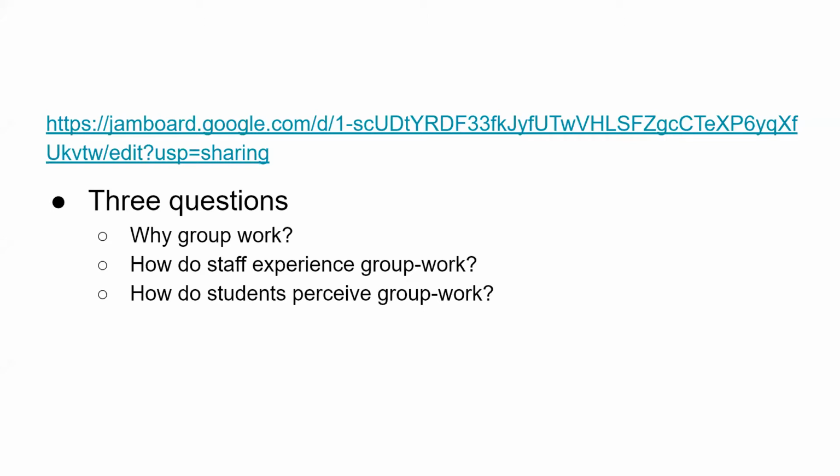Thomas has popped up into the text chat a clickable link, which will take you to Jamboard. Jamboard is shared, and it can be entirely anonymous if you copy and paste that link into an incognito window or a private window or one of the browsers that don't identify you. So I would encourage you to jump onto the Jamboard.